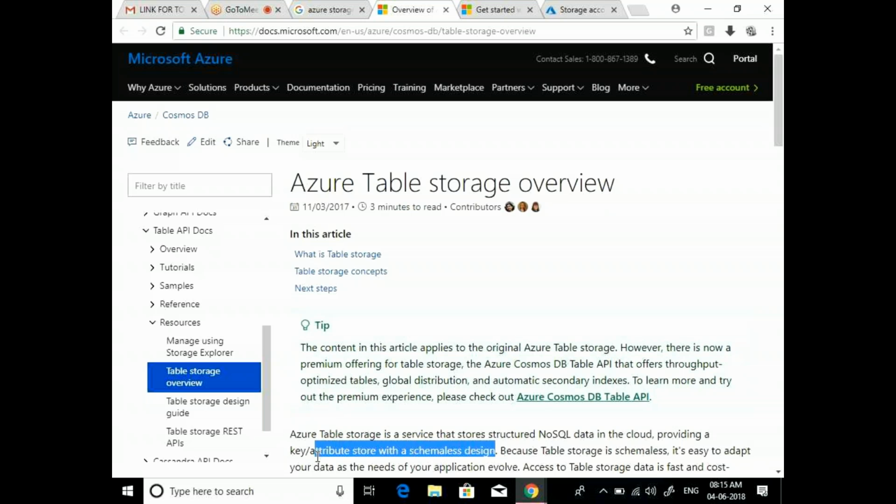So the meaning of the sentence is, I think a few people are familiar with SQL databases. Let's say if you want to put some data into a database, you need to write some queries, and you need a SQL server or a SQL database. Azure Tables is similar to a SQL database, but here you don't need any infrastructure. By writing some queries, we put data into these tables, so it is a schemaless design.